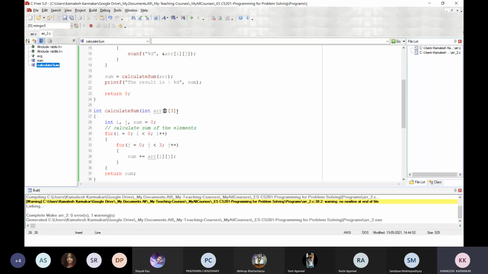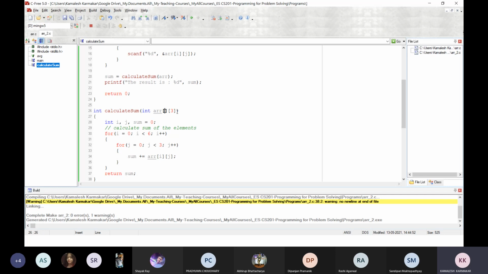Any confusion? If the array were in column major format, then we could have given only the first parameter. If you are using any system where column major format is used, then this format which we are compiling and executing here will not be accepted.